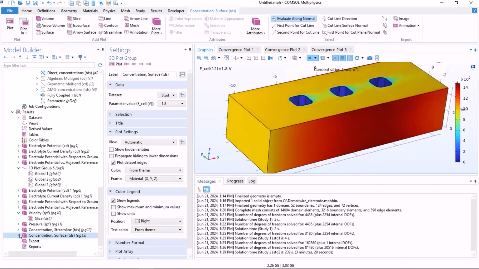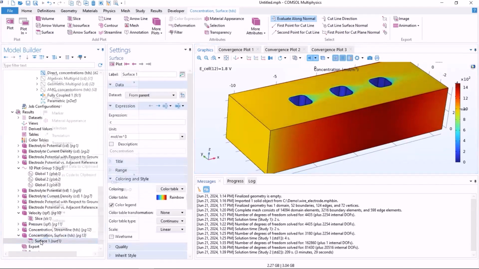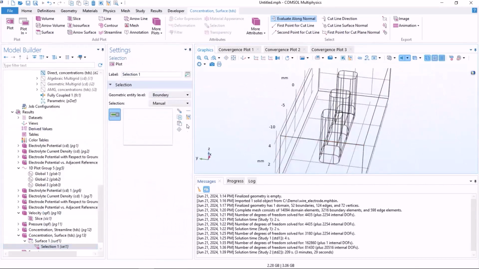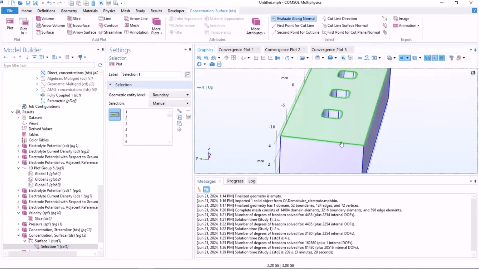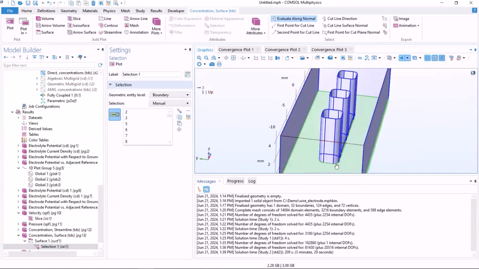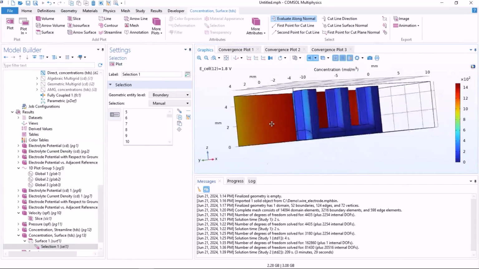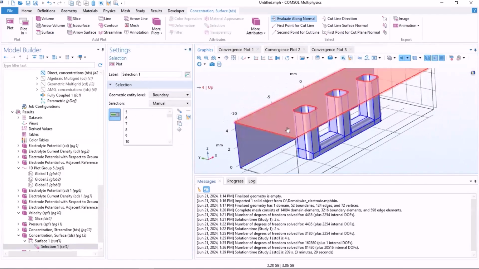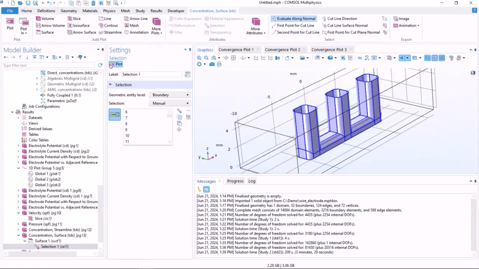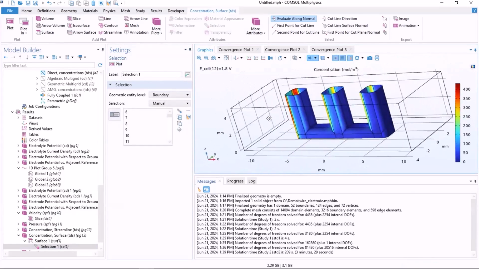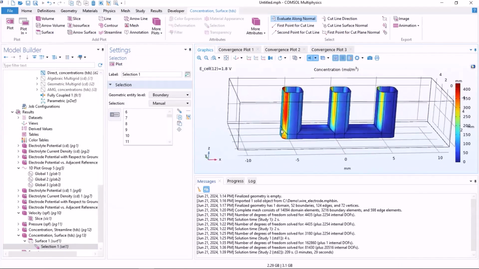So let's just make a selection on the surface plot here so that we can see all boundaries except these. Maybe we can remove this outer boundary as well. So you can see how the concentration changes, and changes quite a lot because a lot is consumed on the